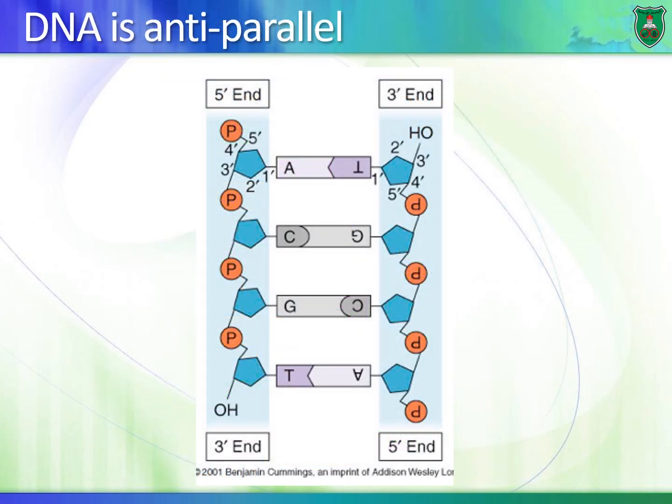The other thing that is important is that the two strands are linked to each other via hydrogen bonds, but they are anti-parallel to each other. What we mean is that if you look at the DNA molecule, if on one strand on top you have the 5' end, the other end is the 3' end. You look at the complementary strand, and on top you would have the 3' end, and at the bottom you have a 5' end. Okay, so they are anti-parallel to each other.